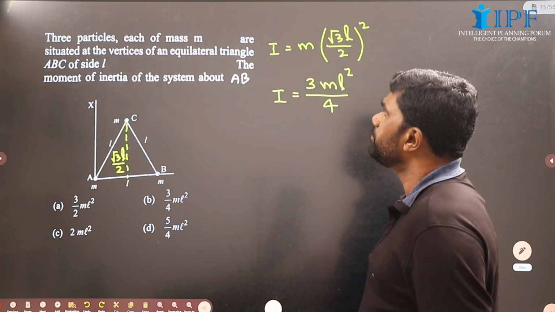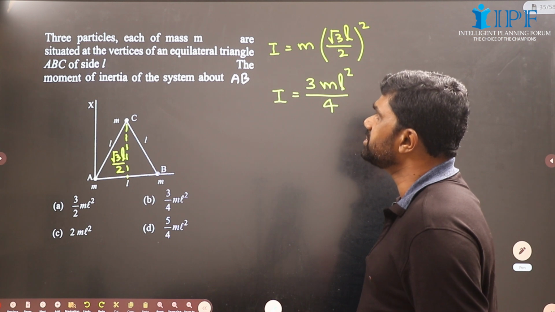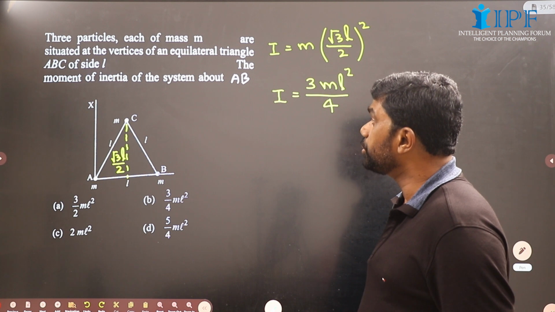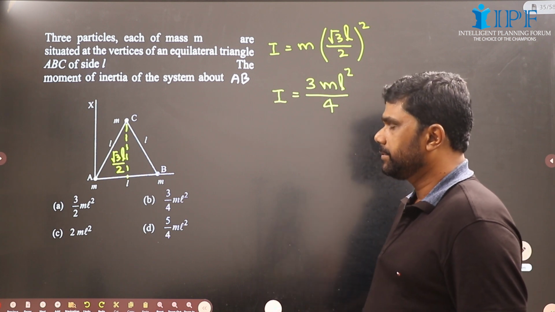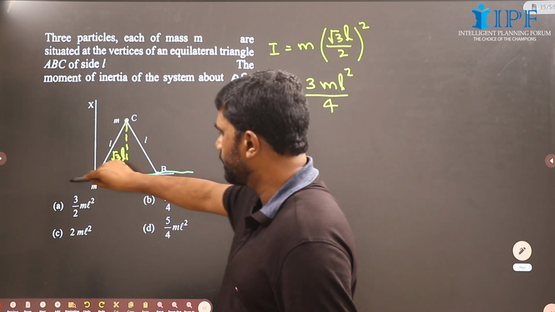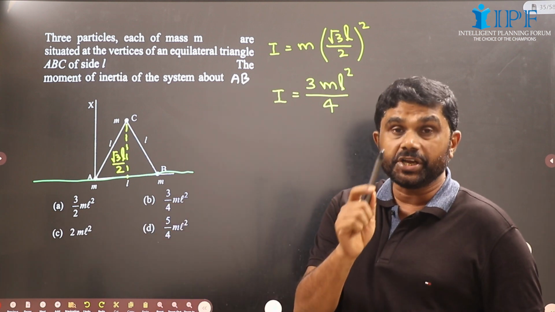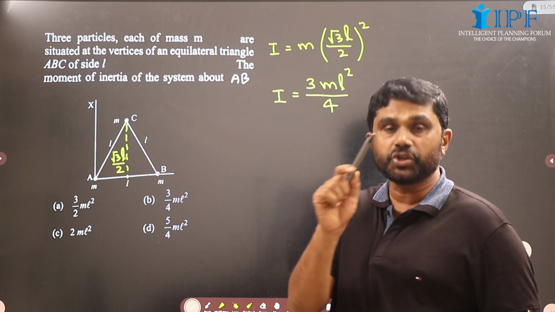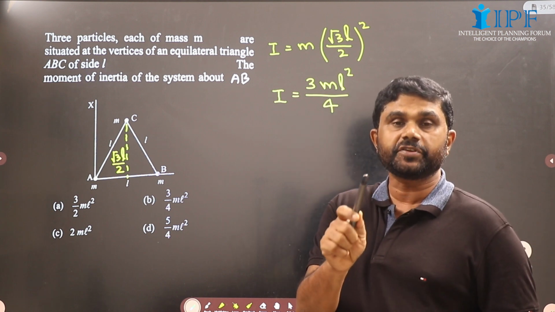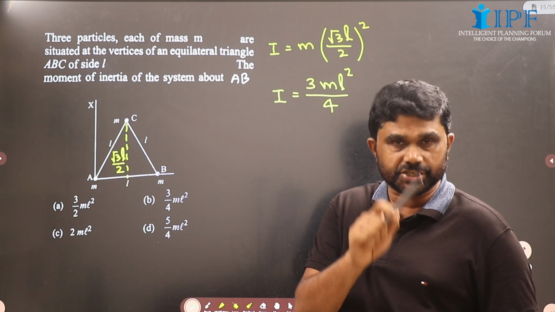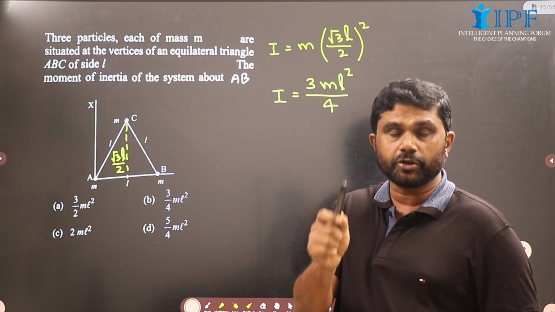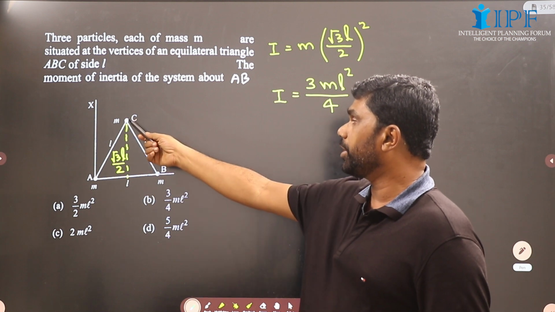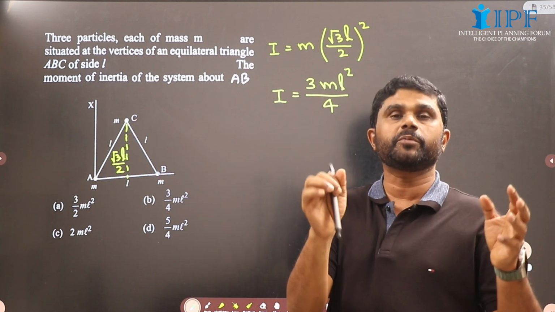Three particles each of mass m are situated at the vertices of an equilateral triangle ABC of side L. The moment of inertia of the system about AB. See, this is the axis AB. The point objects A and B are on the axis, so the moment of inertia of the point object A is 0, and the moment of inertia of the point object B is 0. So the moment of inertia of the point object C will be the moment of inertia of the